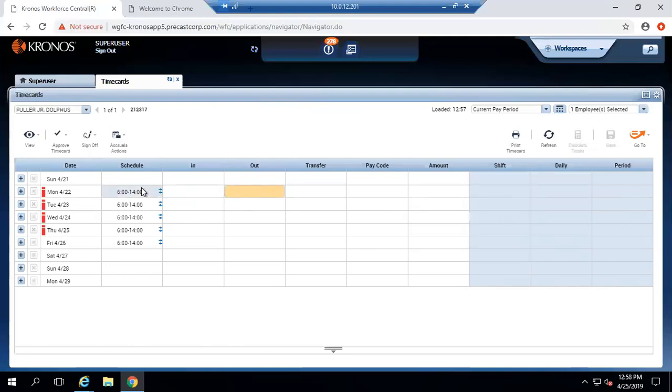So here you can see the date, the current pay period, and the schedule of that employee. So this employee is scheduled to work from 6 a.m. in the morning to 2 p.m. in the afternoon. This is the scheduled shift of the employee, which the manager will assign. So his manager has assigned the shift of 6 a.m. to 2 p.m. to him. So you can see the schedule of that employee here,